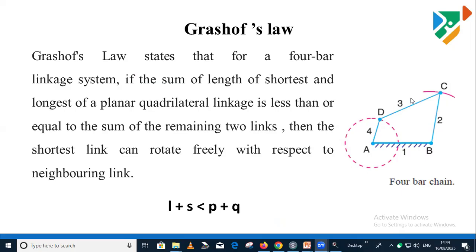Suppose you consider a 4-bar chain, and you want to show motion transmission between the input link and the output link. Then the sum of the lengths of the shortest link and the longest link should be less than the sum of the other two. That means if you consider this L and this S, this is P, this is Q. So